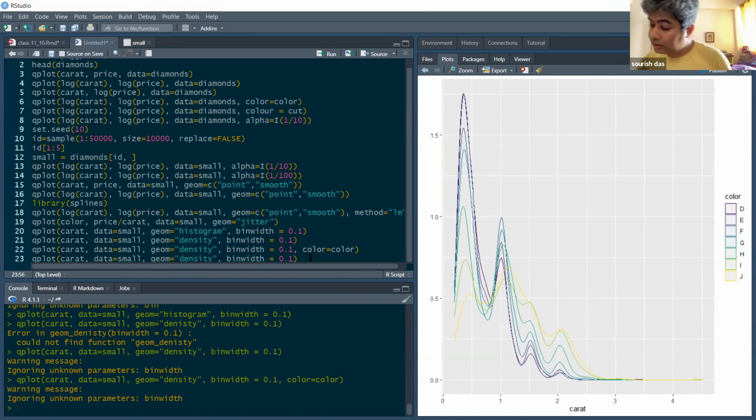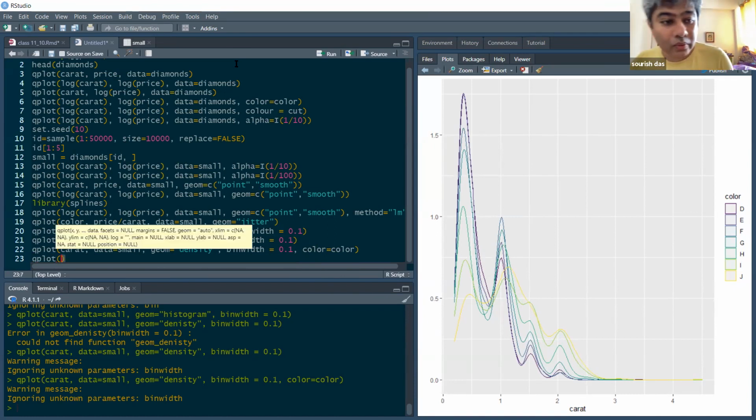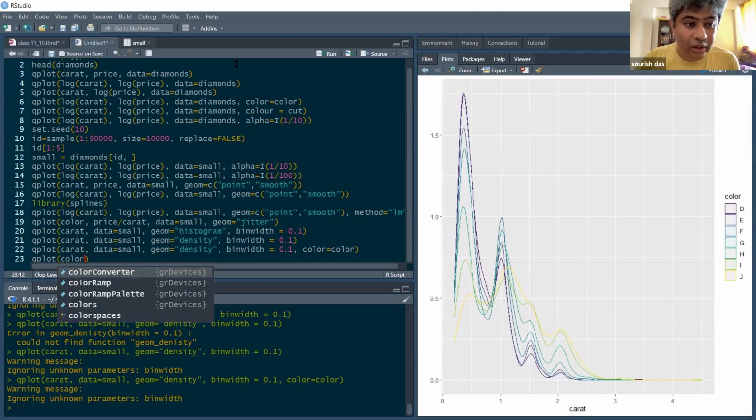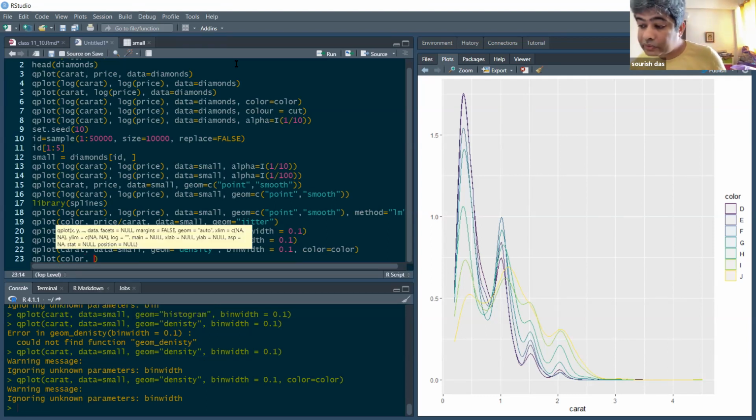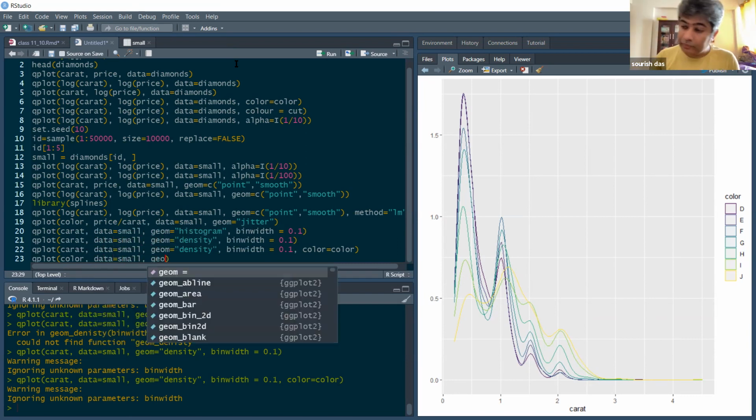It will create a different plot by color. qplot color. COLOR. Yeah. So color is a categorical variable. Remember the data equal to small and geom equal to bar. So it will create a bar plot.